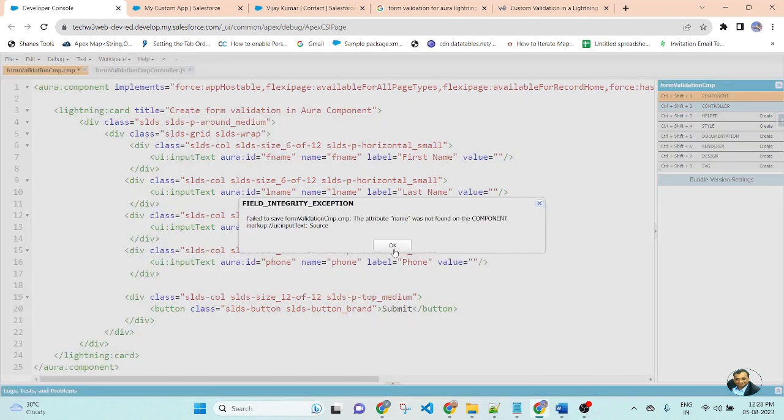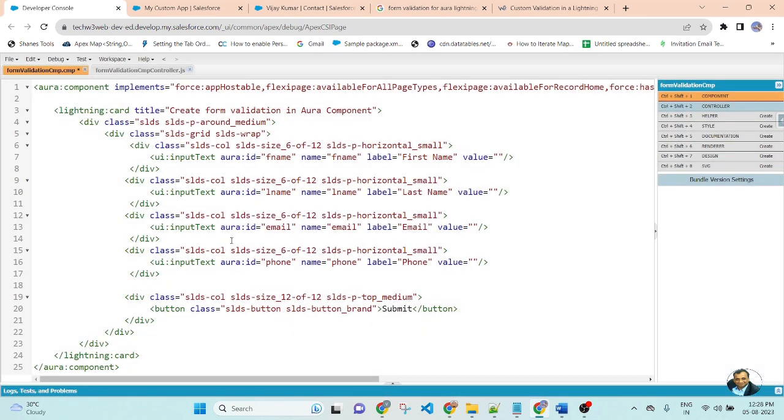Save the component. So I am getting an error: the attribute name was not found in the component. In the ui:inputText field, name is not required. So I am deleting this name attribute from all of the fields.